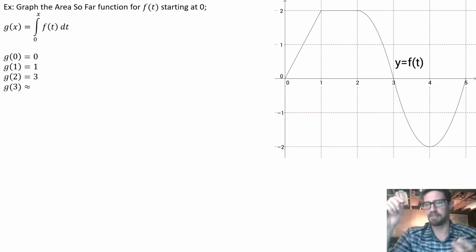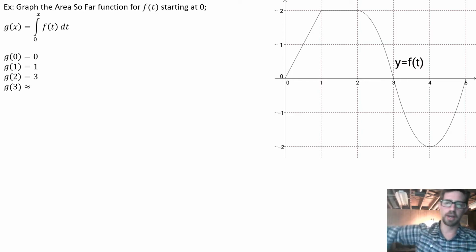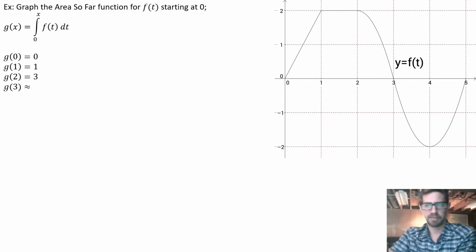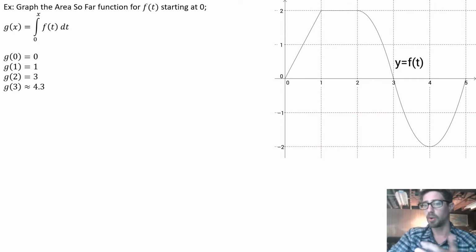It looks like it's about 1.3 because it's a little more than half of that rectangle. Half of that rectangle is a triangle. That triangle has area 1, so I'm just calling it 1.3. You can call it 1.2. Do whatever. So the cumulative area, right? We had the 3 we already had, but the area from 0 to 3 under f of t is going to be about 4.3. So you see what I'm saying? This is a function and it's increasing. As x starts to go up, then we get more and more cumulative area. So g appears in this case just to be going up. However,